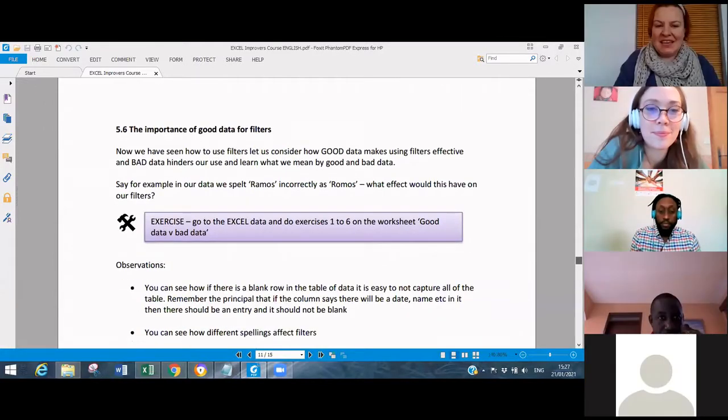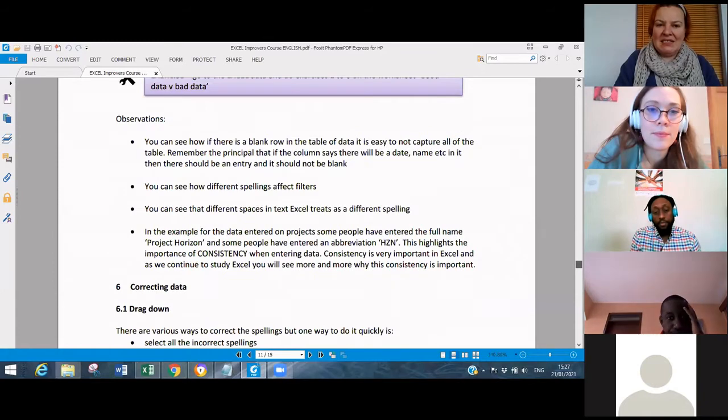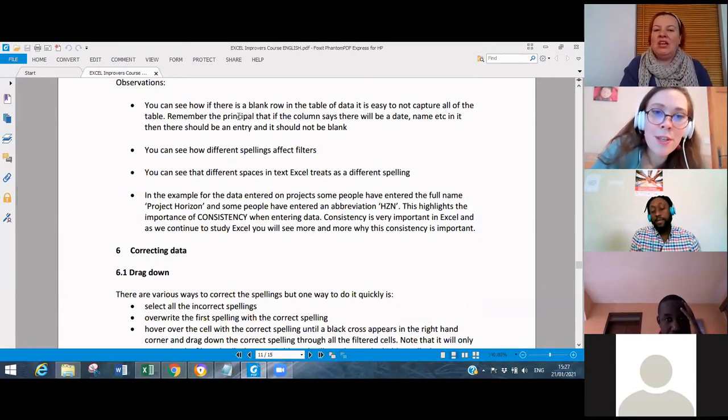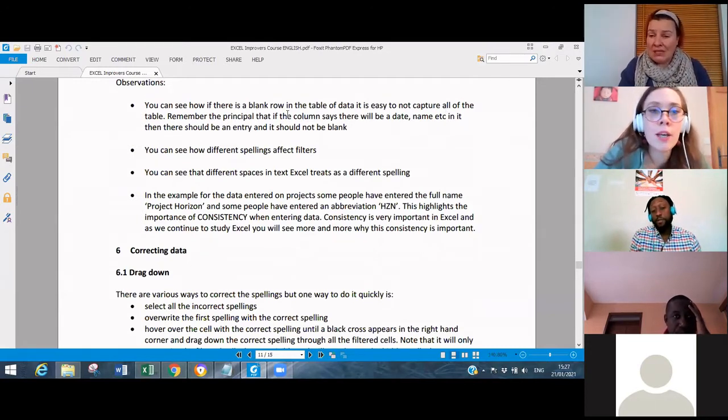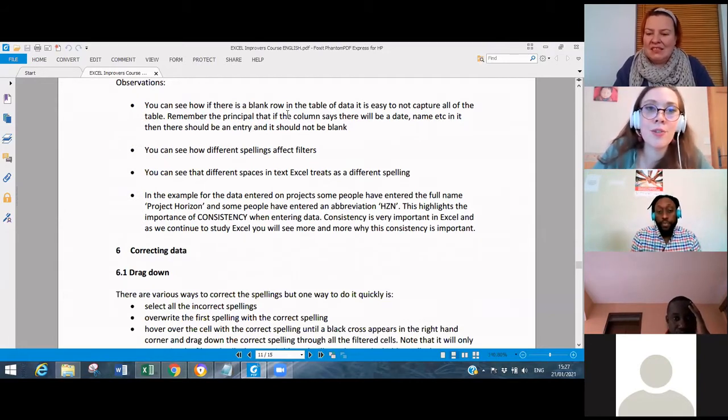So in the exercises, I asked you a few questions, and I just want to look at the observations. Alors dans les exercices, on vous avait posé quelques questions, simplement pour vous montrer quelques observations. Hopefully the blank cells didn't catch you out and you highlighted the whole table and filtered everything. Donc on espère que vous avez bien pu sélectionner l'ensemble du tableau